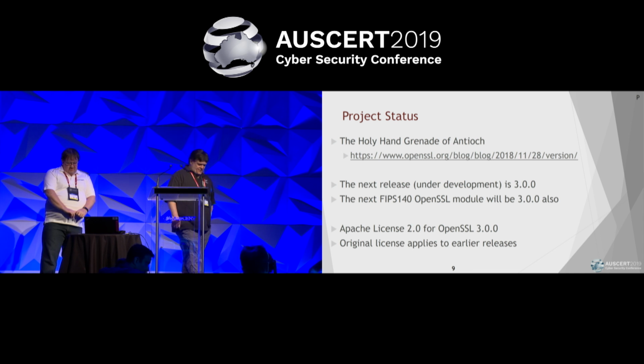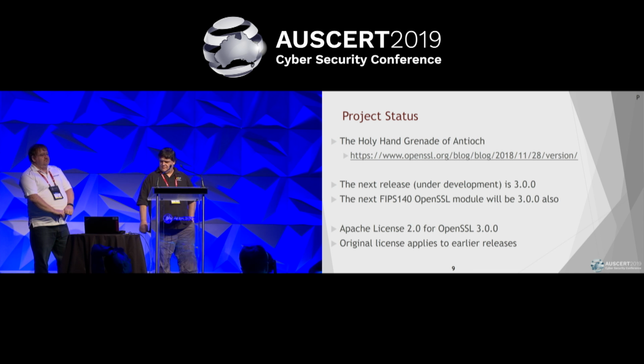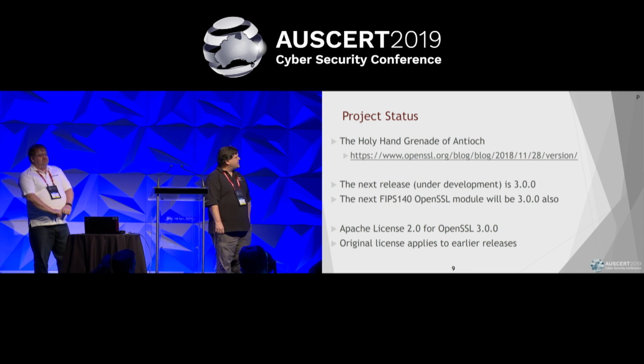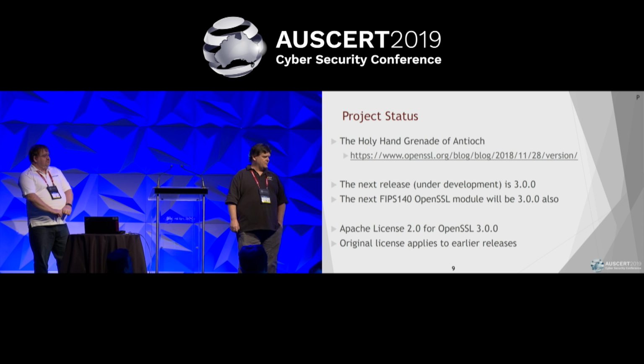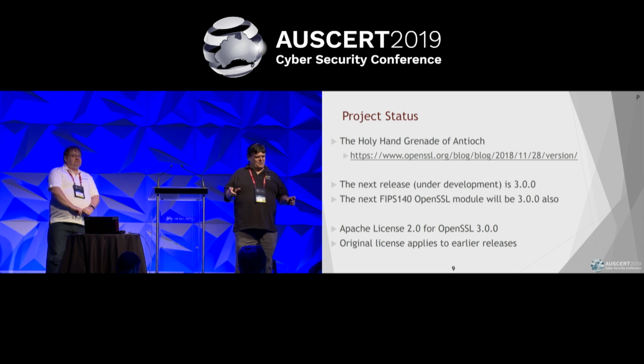Now, the next version of OpenSSL is going to be 3.0.0. So the current version is 1.1.1. We are jumping to 3. There was a long discussion about this, and it really came down to, we have a FIPS 2.0 module already. We don't want to do an OpenSSL 2.0 module that won't work with it, so we'll just jump to 3.